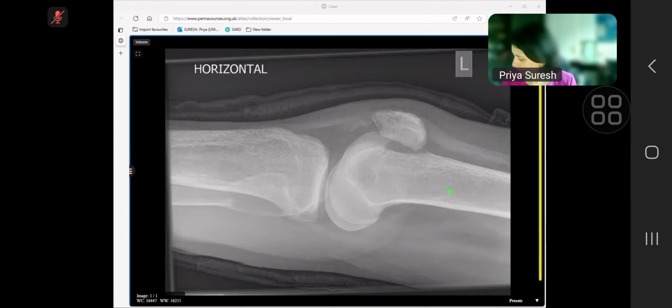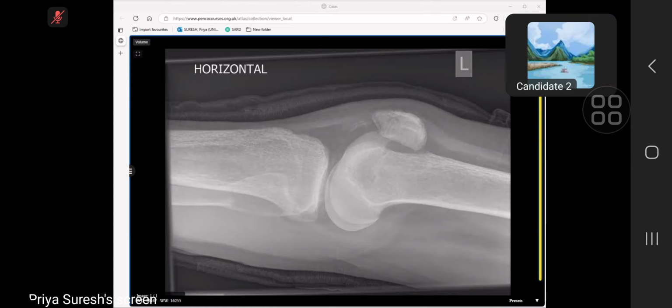Okay, so we'll have GCT, and then the second one you gave was ABC, and the third one you gave was brown tumor. Yes, ma'am. Due to chronic secondary hyperparathyroidism. Okay,